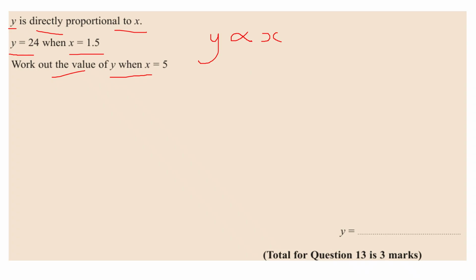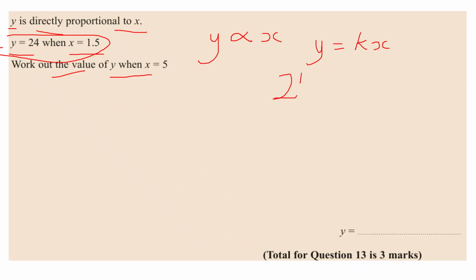Now I can replace this proportional symbol with Y equals some constant, we're going to call it K, multiplied by X, so Kx. I'm now going to substitute in my initial condition to work out the value of K, and then use the value of K to work out the value of Y when X is 5. Right now I have 3 unknowns but only one value of X, so I can't do a lot until I work out what K is.